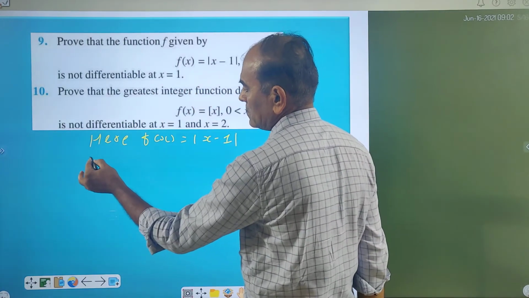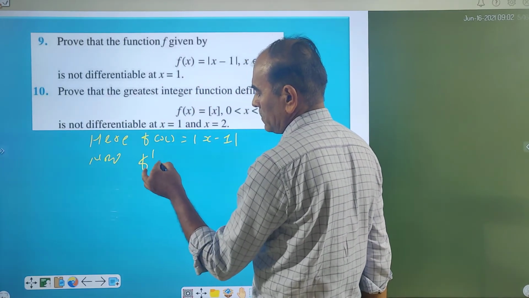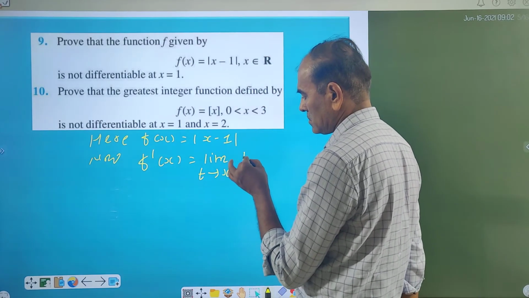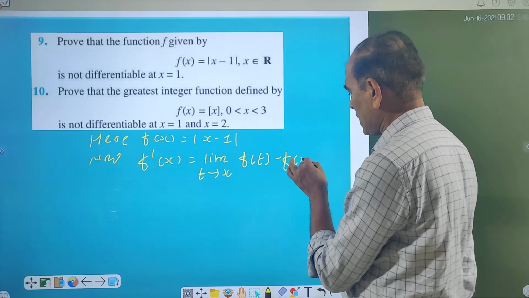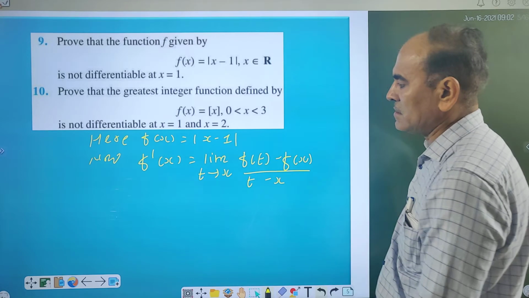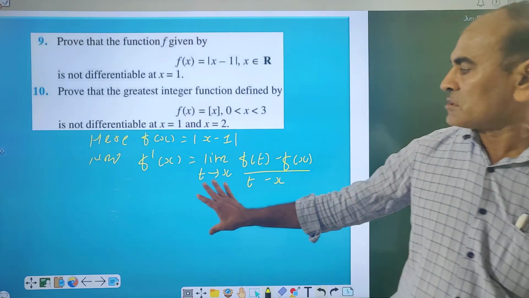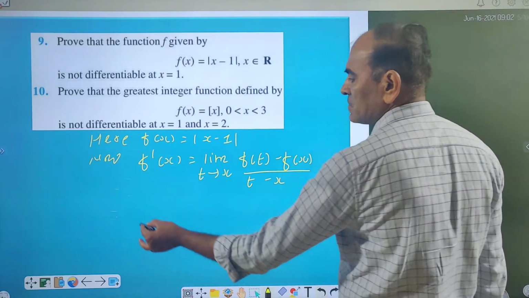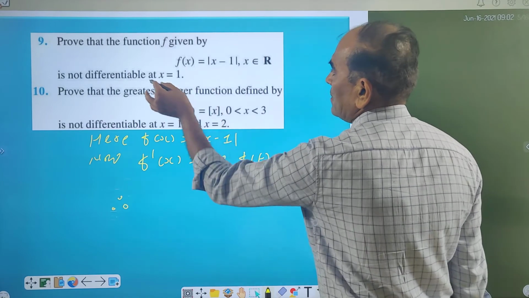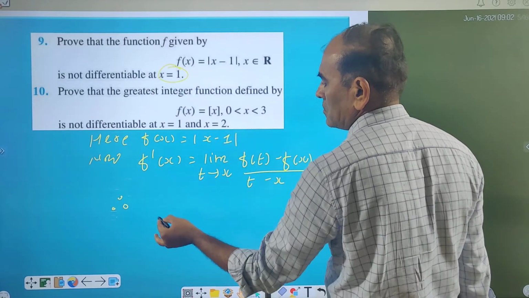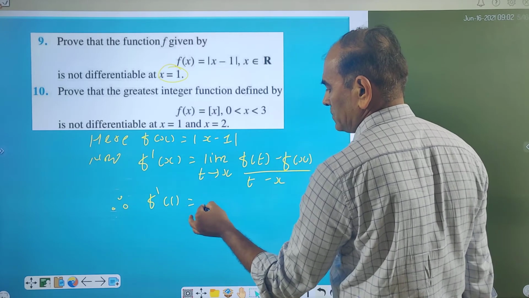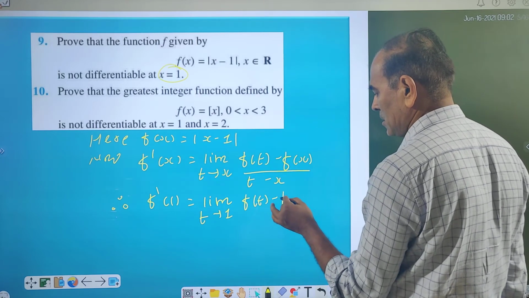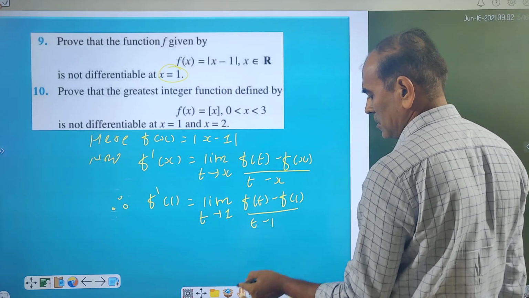Now what is f dash x? That we know from the definition. Limit t tends to x, f of t minus f of x over t minus x. This is the differentiation of function f with respect to x at x. But we want f dash 1 because what we want to see here is to prove that this function is not differentiable at x is equal to 1. So what is f dash 1? Limit t tends to 1, f of t minus f of 1 over t minus 1,